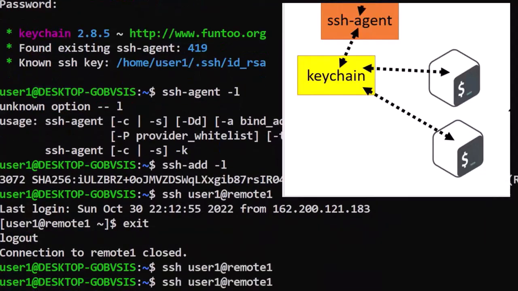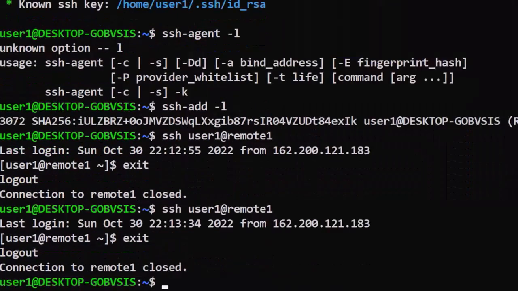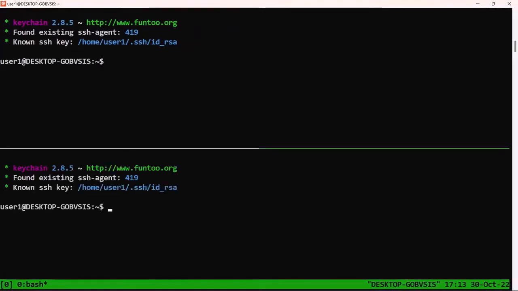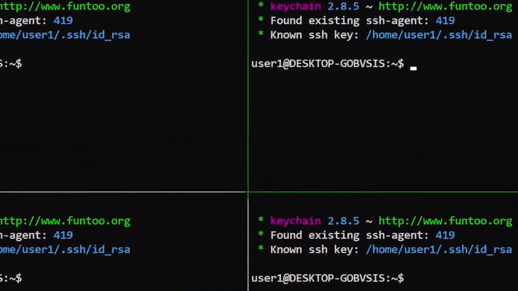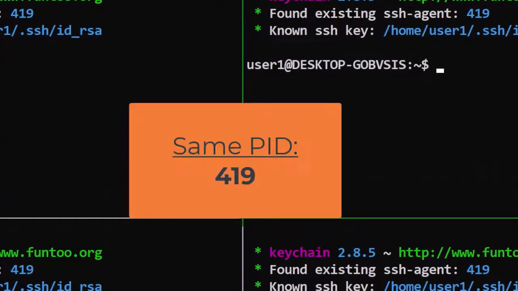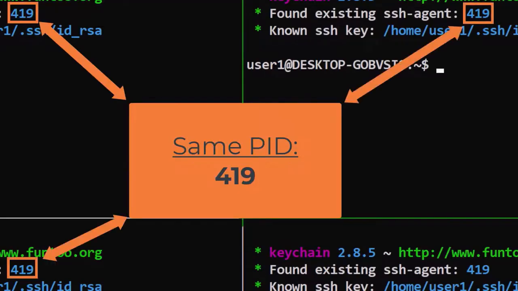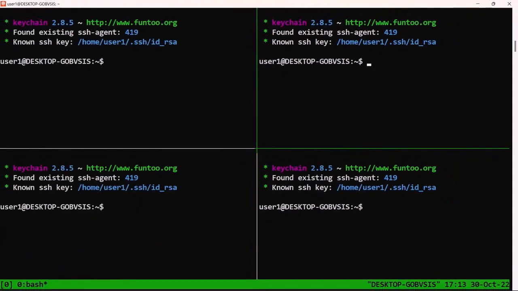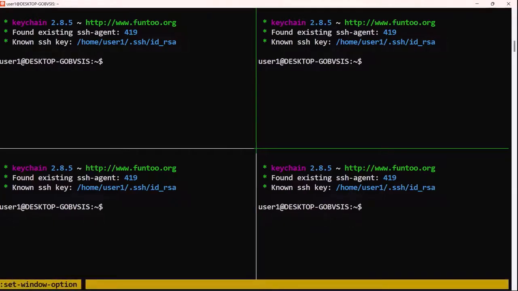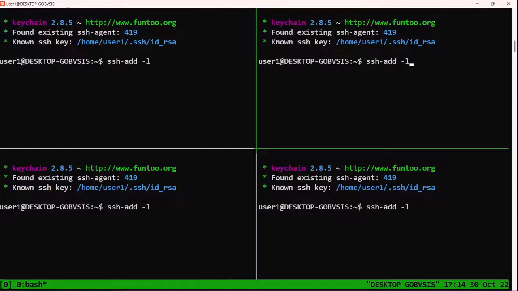And if I launch a few more shells using the tool Tmux, I'll keep reusing the same agent process. And with some Tmux magic, I can log into the remote server from all of my new shells with no need to enter my passphrase.